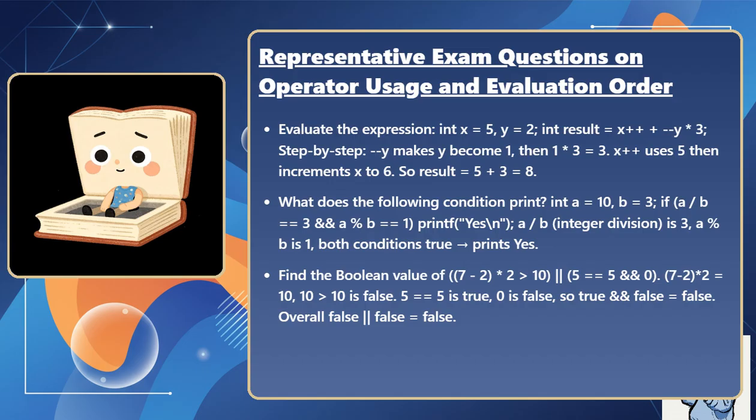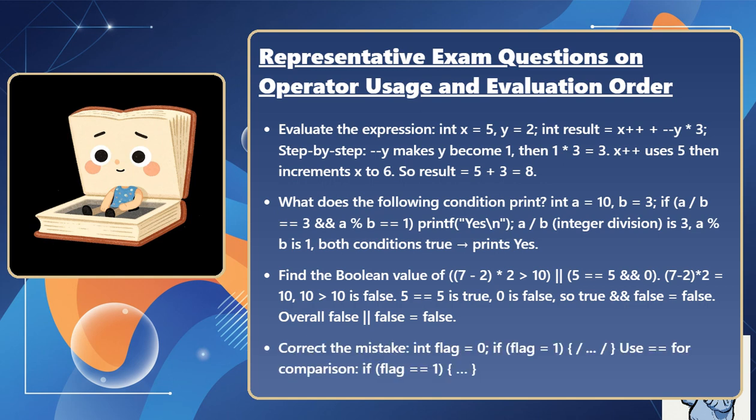Find the Boolean value of ((7 - 2) * 2 > 10) or (5 == 5 and 0). (7 - 2) * 2 equals 10, 10 > 10 is false. 5 == 5 is true, 0 is false, so true and false is false. Overall, false or false is false. Correct the mistake. int flag = 0. If flag = 1, then use double equals for comparison. If flag == 1, then